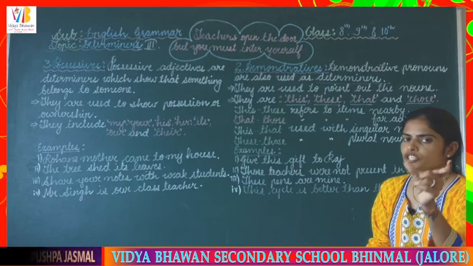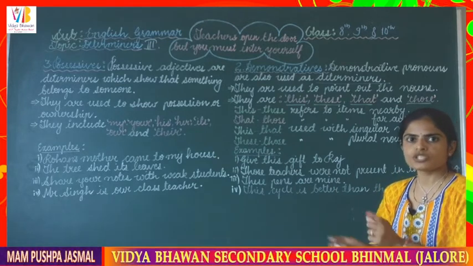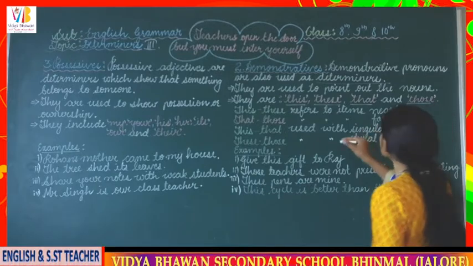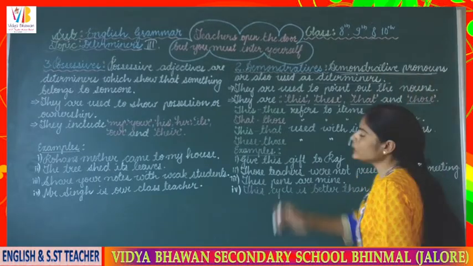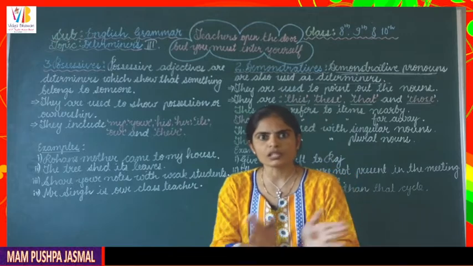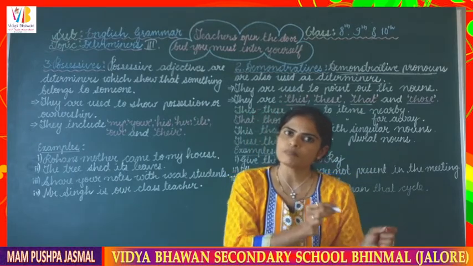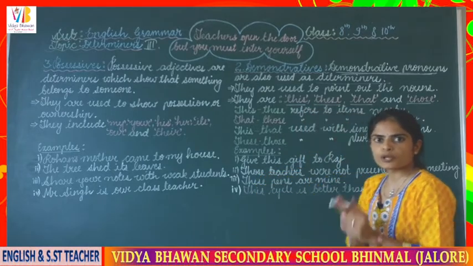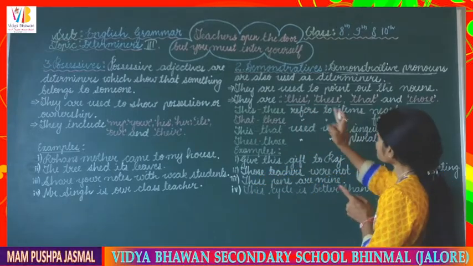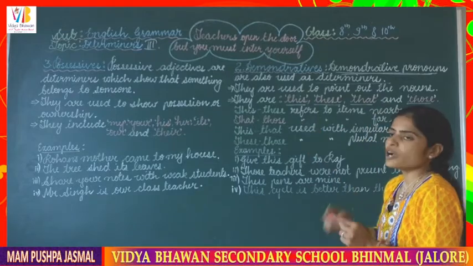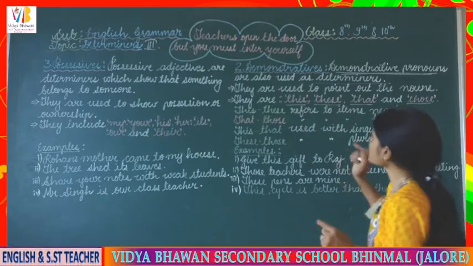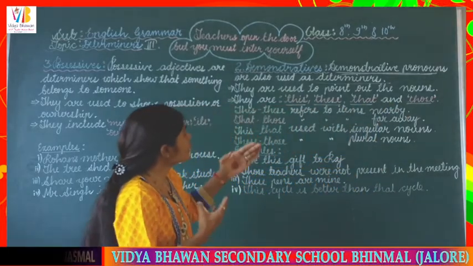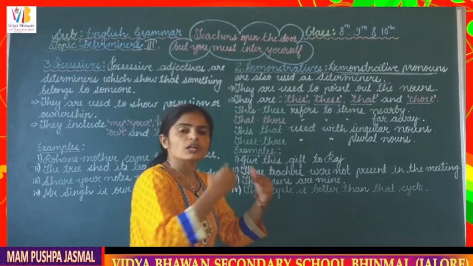The definition we have read about determiners is that the words which are placed just before the nouns are called determiners. So when these demonstrative pronouns are placed just before the noun, that is, when we write or use them just before a noun, what will we call them? Yes, we will call them demonstratives or determiners. Okay students, the concept is clear, I think. This, these, that and those are also determiners.